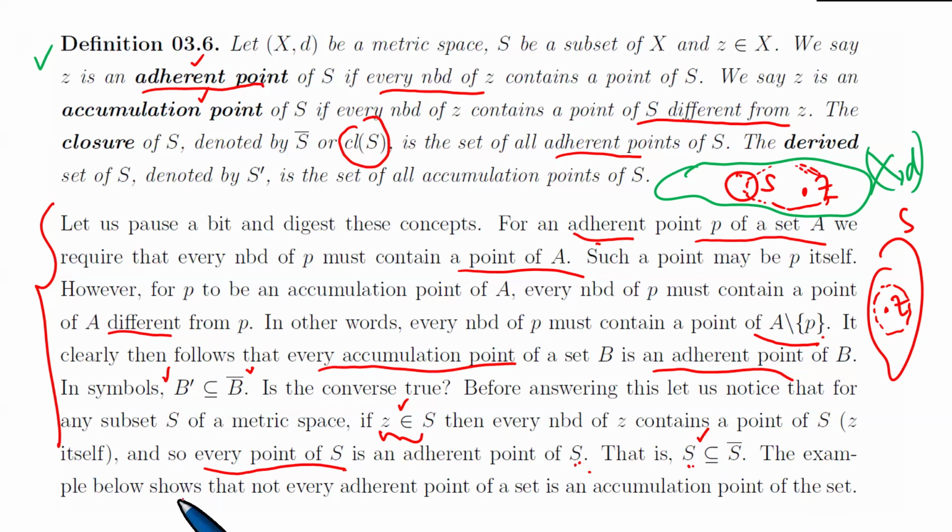The example below shows that not every adherent point of a set is an accumulation point. Okay, so in other words, the converse is not necessarily true. Well, in the following sense, we've gone on to say,